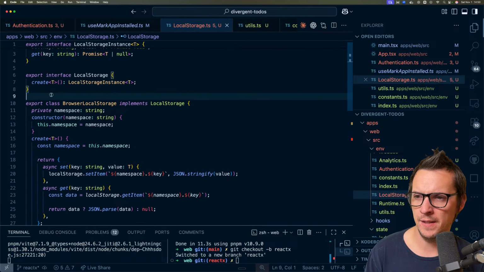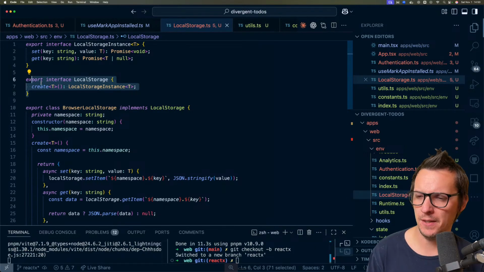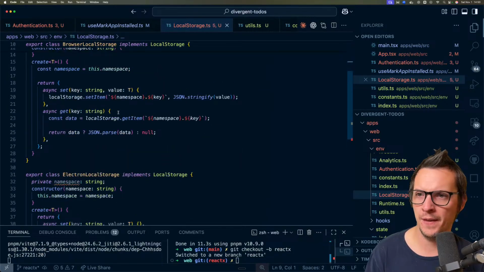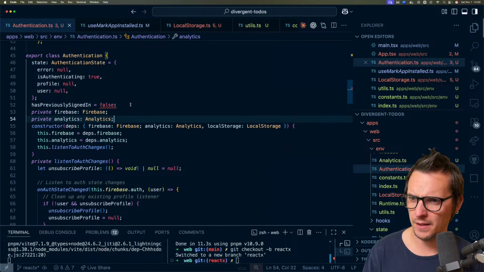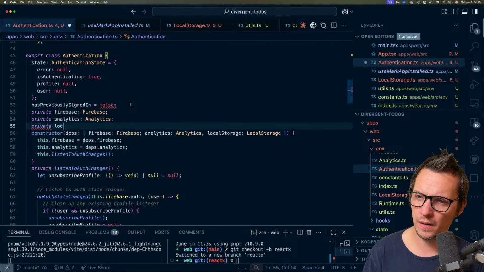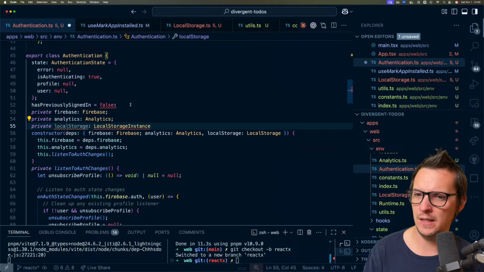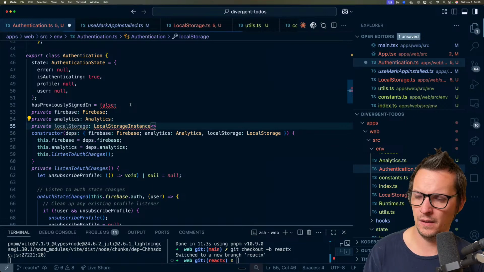So local storage instance. But why am I doing this? It's because of the namespace. That's why I'm doing this. So we have local storage and then local storage instance, and then we're gonna say that this is gonna have local storage instance,